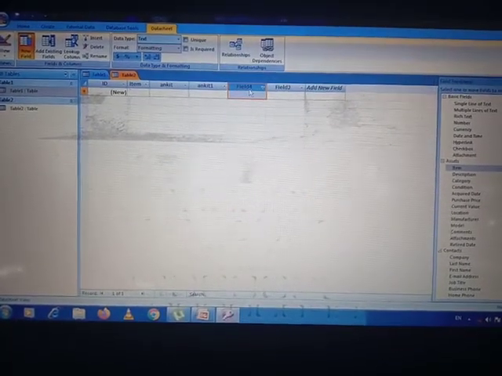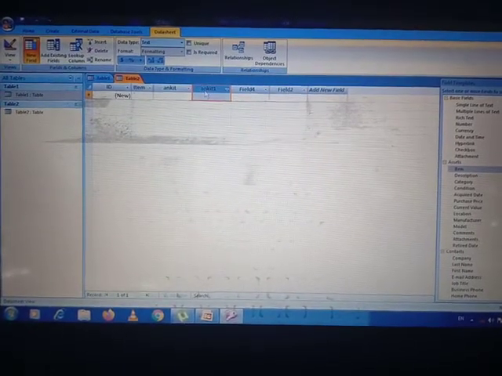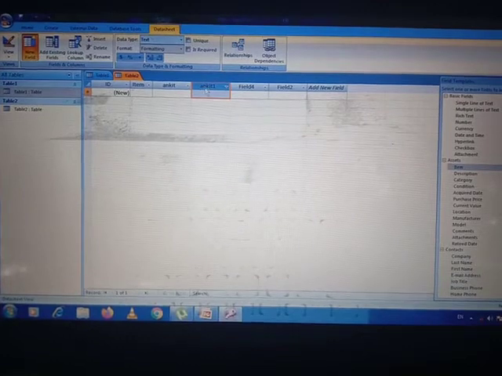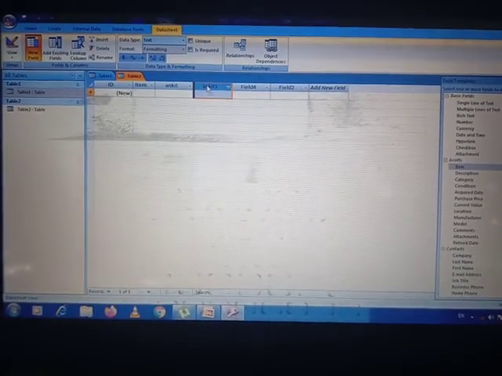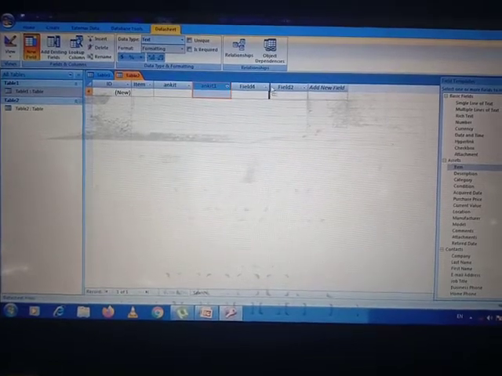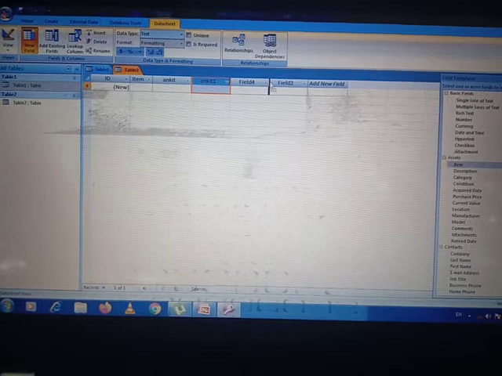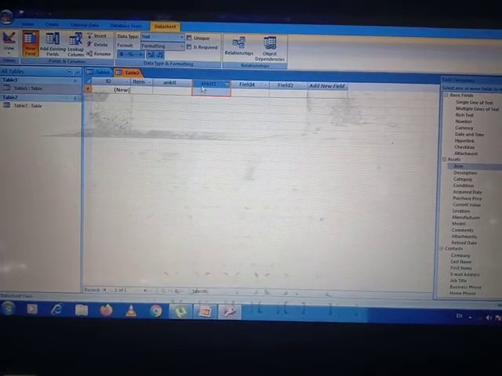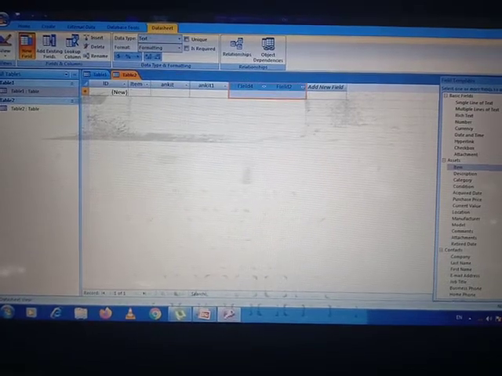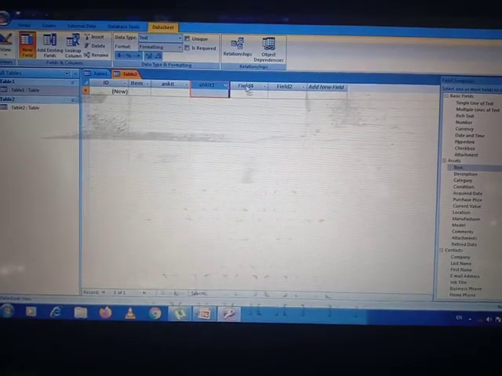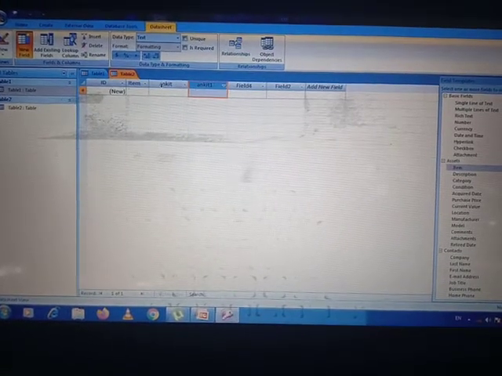Now how to move a field from one place to another? First we have to select the column and then drag it to our right, and wherever we drag it we have to leave the mouse there, and it will automatically move the field from one place to another. I will show you how.